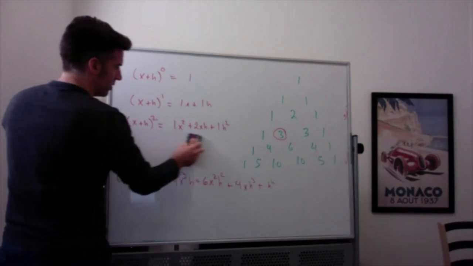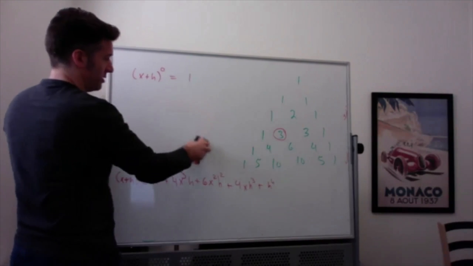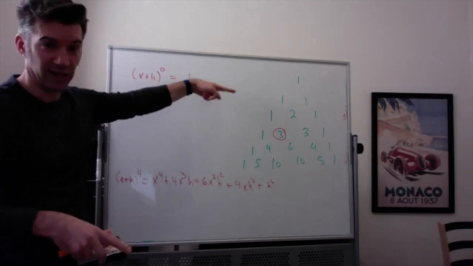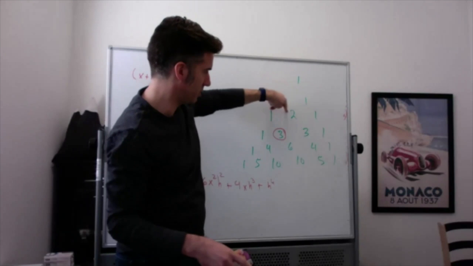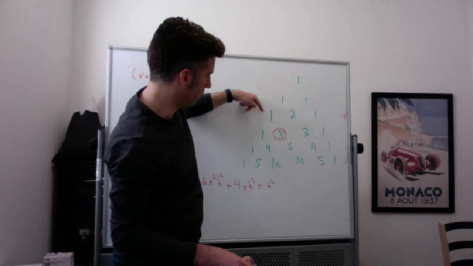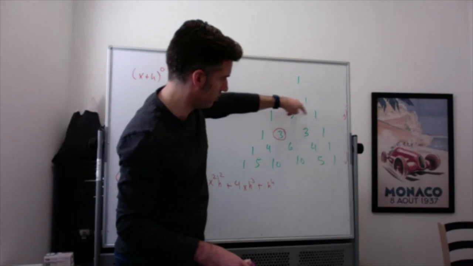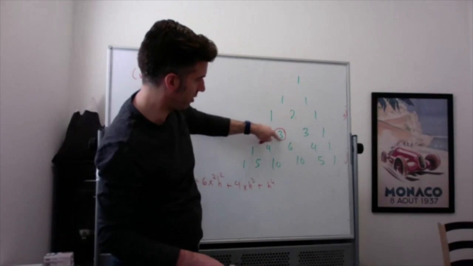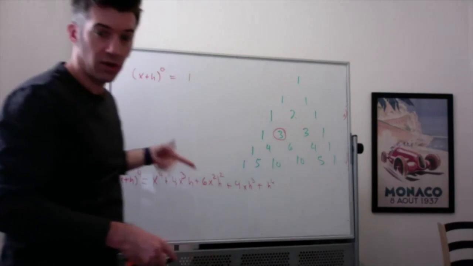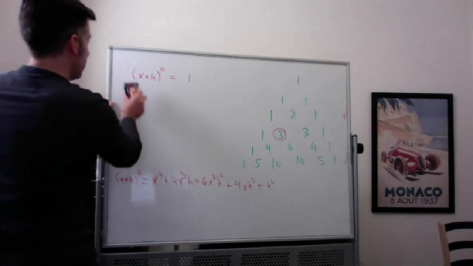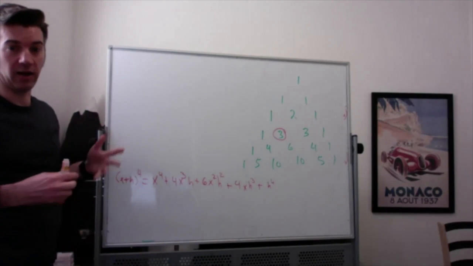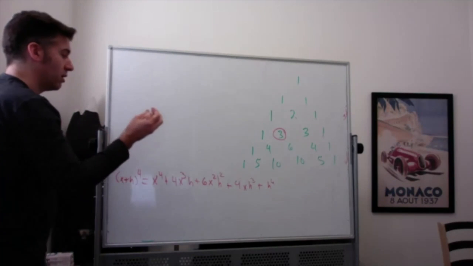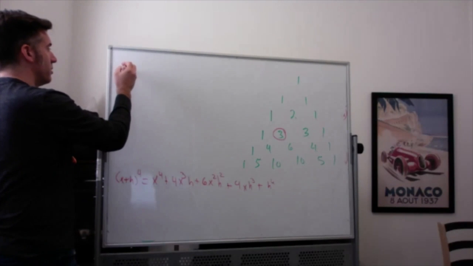For those of you that might have joined a minute or two late here, I was talking about Pascal's triangle, which is that triangle there, where the numbers in the middle you get by adding these things together. So 1 plus 1 is 2, and then 1, 2, 1, and then 1 plus 2 is 3, and 2 plus 1 is 3. Here, 1 plus 3 is 4, 3 plus 3 is 6, and so on and so on. Those numbers in Pascal's triangle give you the coefficients when you multiply out (x plus h) to higher and higher integer powers. So if I want to find the derivative